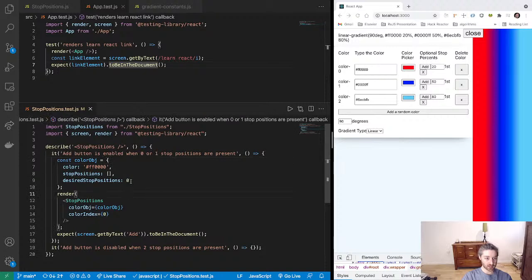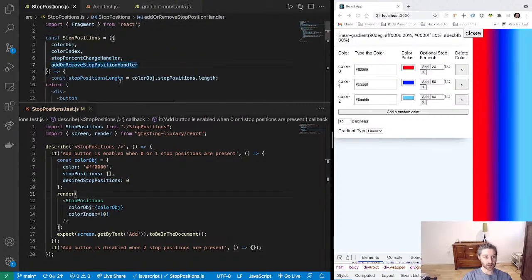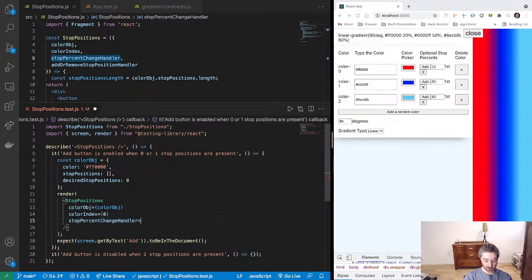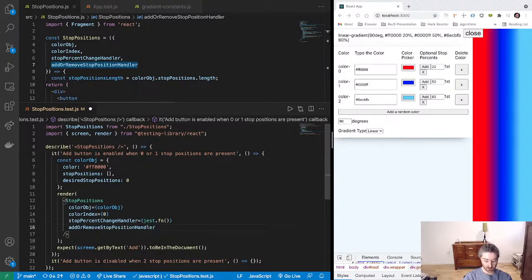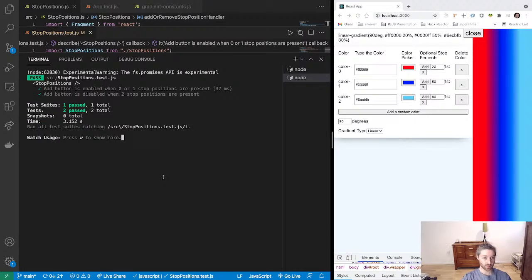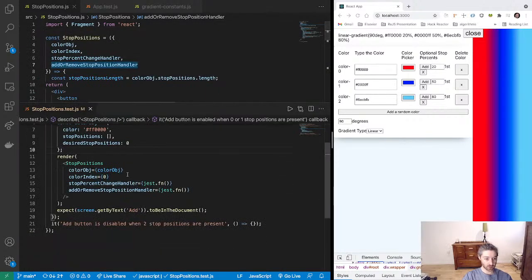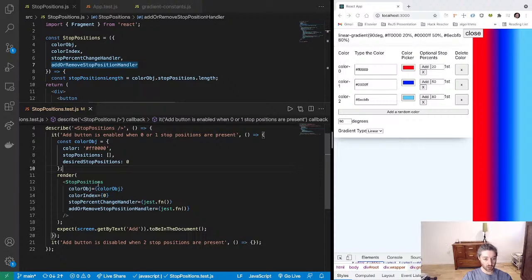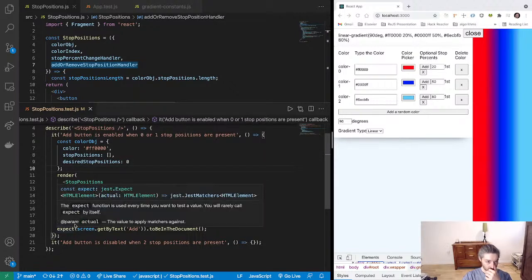Okay, so we do have to pass mock functions for these other ones. Stop percent change handler, so here we'll pass just a mock, and the same thing with add or remove stop position. We will pass an adjust mock. Add button is enabled when... Okay, but that's for one. I specifically want